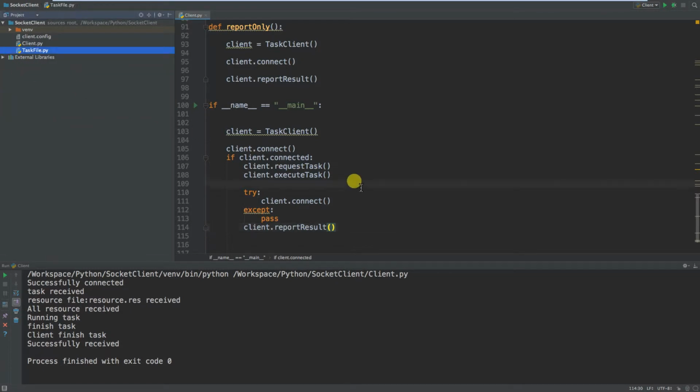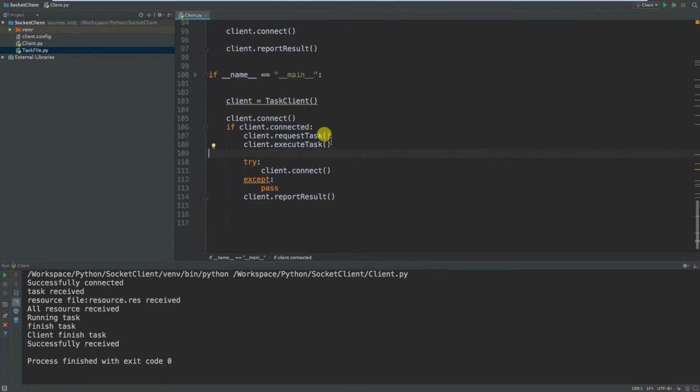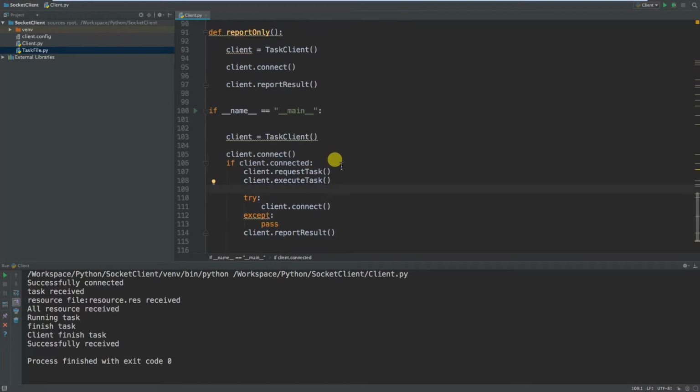If something bad happens and your program breaks down during this process, you will not lose all of your data, because for all those URLs that have been downloaded, it will record them in a buffer file. So next time when you restart the client, you can just report the result to the server